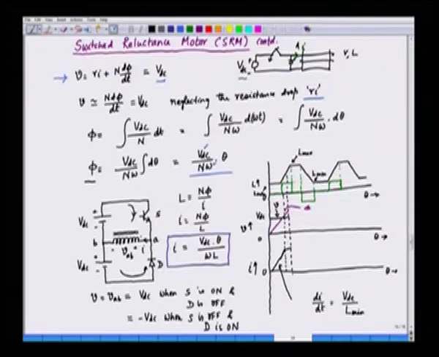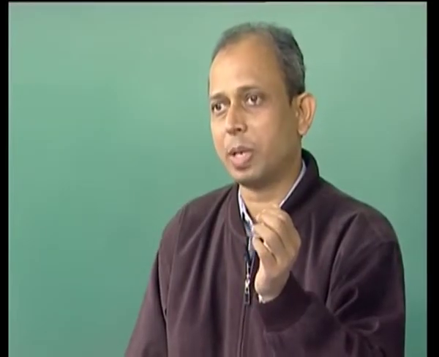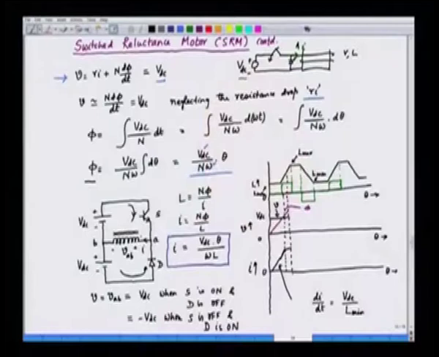This is basically the positive dL by d theta, and if the current is allowed to flow, it can also flow during the negative dL by d theta. So we apply a negative voltage, that is minus VDC. So what we do here, the voltage is reversed and we apply a negative voltage in this case. And when we apply a negative voltage here, the flux is going to fall. The flux will be falling like this,